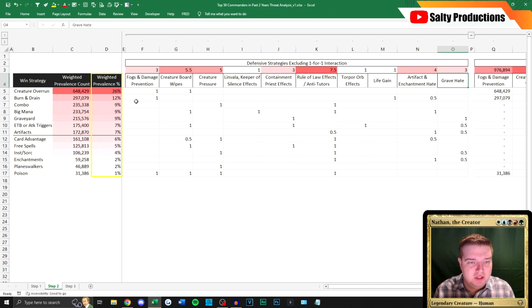So that brings us to the actual analysis. How do we actually beat a creature overrun strategy? Well, we can run fogs. And just a little bit of a note on fogs too. I find fogs really interesting, and I'm trying to experiment with running more of them in my decks because